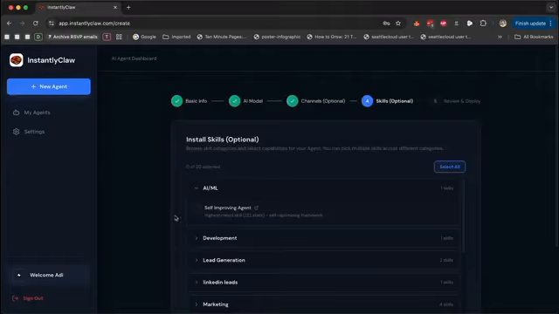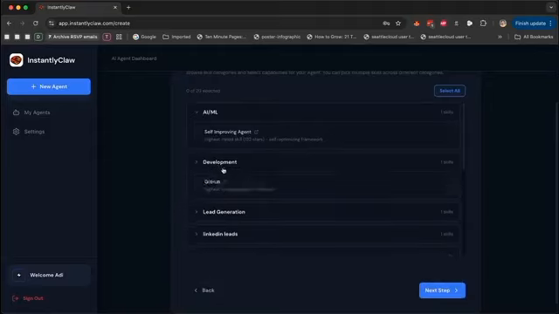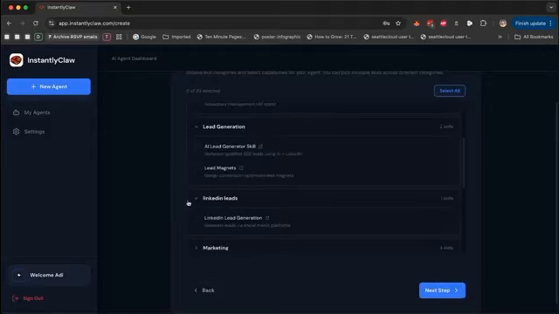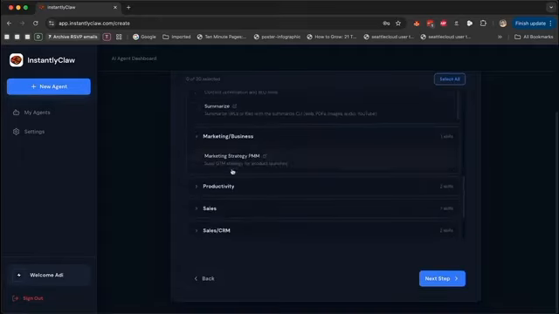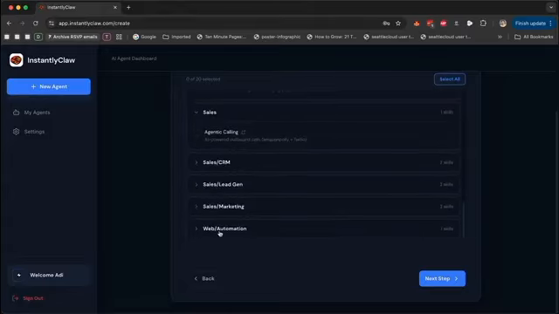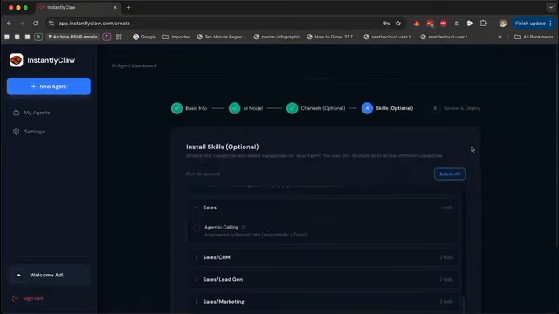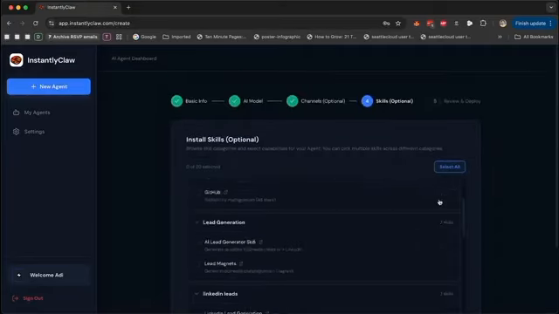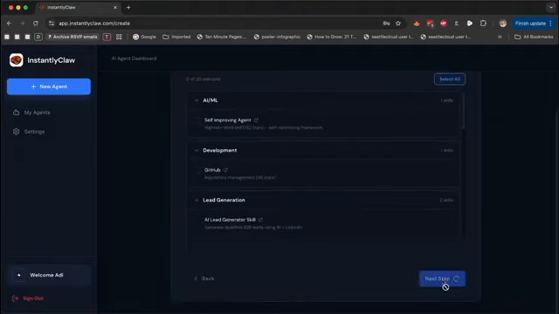Now I can install a bunch of these skills automatically. We have AI skills, development skills, we have lead generation skills, LinkedIn tools, marketing skills, tons of marketing skills, more marketing and business, productivity, sales, CRM, web automation, and we're adding tons of new skills every single day. Now I can select all and install all these skills, or I can just deselect them and decide to install these skills later as well if I want to do that. Now, next step, I'm going to click on next,